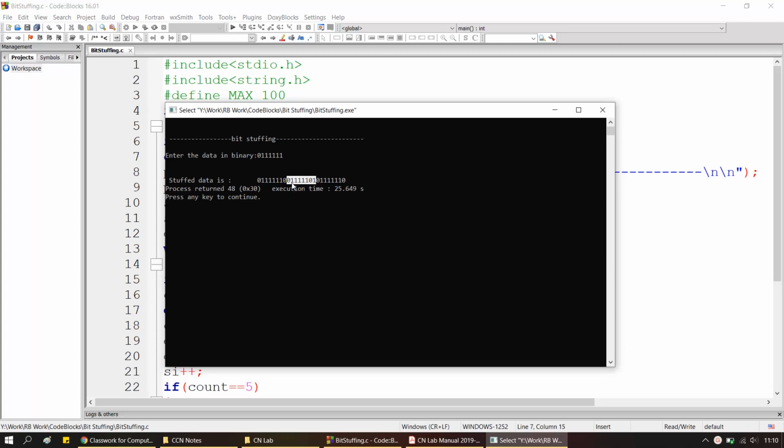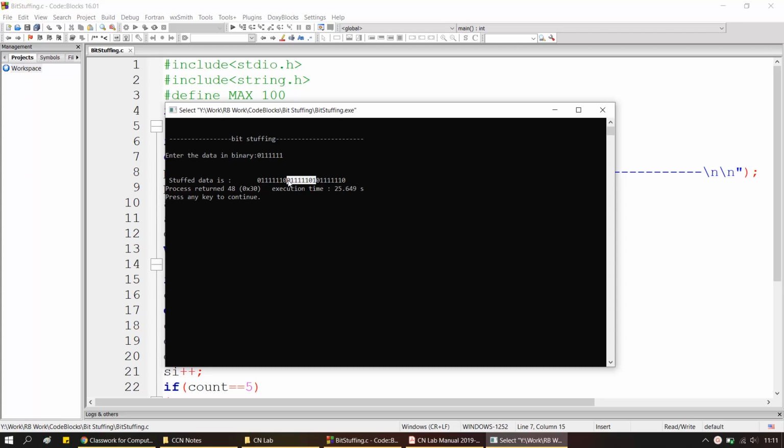The reason for that changing is this: since it looks exactly like the flag, I cannot say that, because on the receiver side it will be taken as a flag, and I don't want that to happen. So what we are going to say is 0 1 2 3 4 5. After 5, if there is data which starts with 0 and has a minimum of 5 ones, I will add another 0 and then 1, as simple as that.